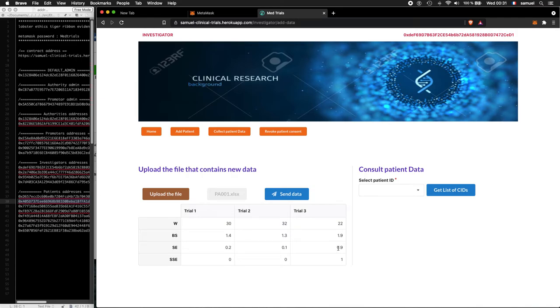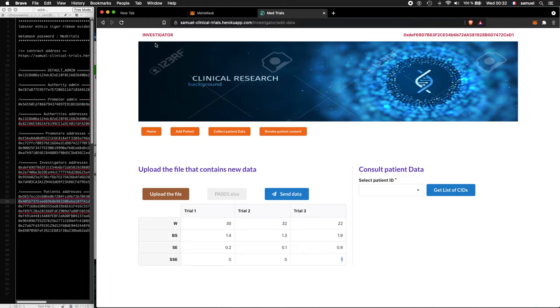This is a value close to 1. Then we need to consider it as a serious side effect. That's why we put 1 here. And when this data is sent to the contract, the contract will notice that there are some serious side effects, and the contract will stop or suspend the clinical trial.